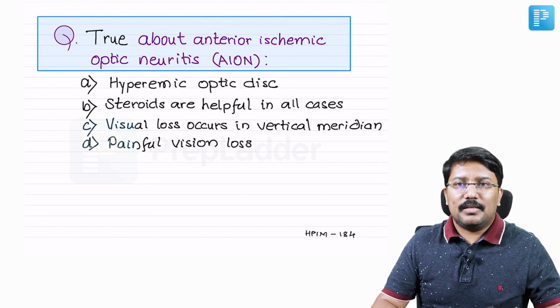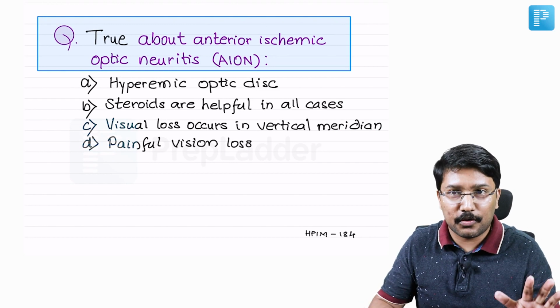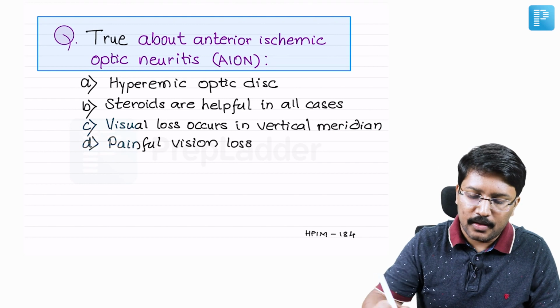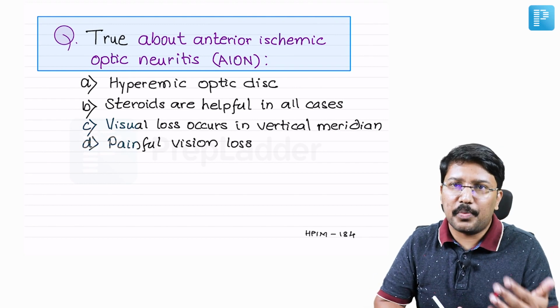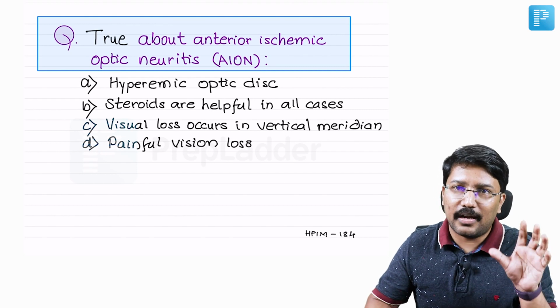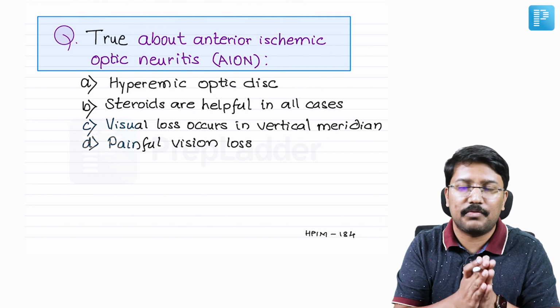Okay. Now next question. This is again one more area which I have already framed 1 or 2 MCQs on the PrepLadder Q Bank related to this, anticipating that this would be an important topic. Okay. True about anterior ischemic optic neuritis. So in Harrison volume 1, he covers a little bit about the anterior ischemic optic neuritis as well as the posterior ischemic optic neuritis and the differentiating features.